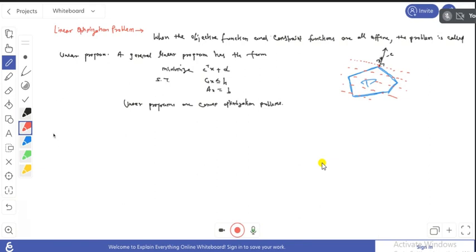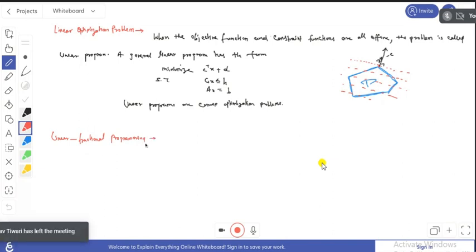And the next one is linear fractional programming. This is a fractional programming, and in this case, this is a problem to minimize a ratio of affine functions over a feasible region, and that feasible region is a polyhedron. So the problem is